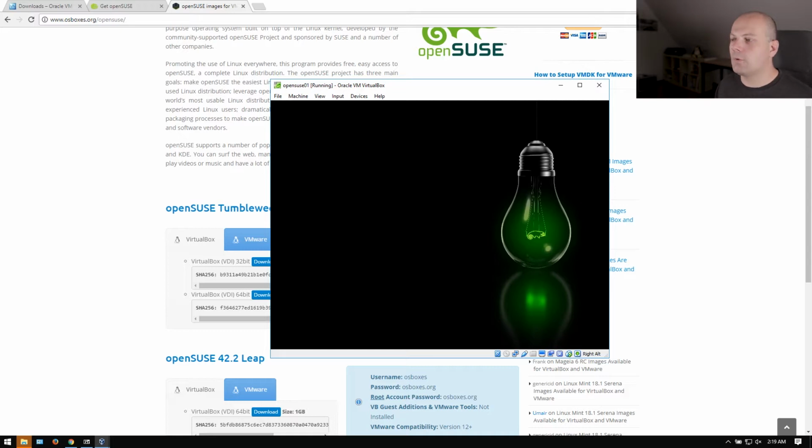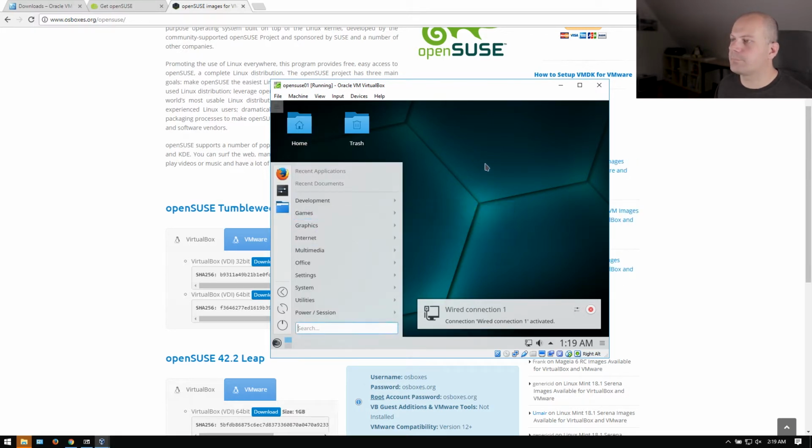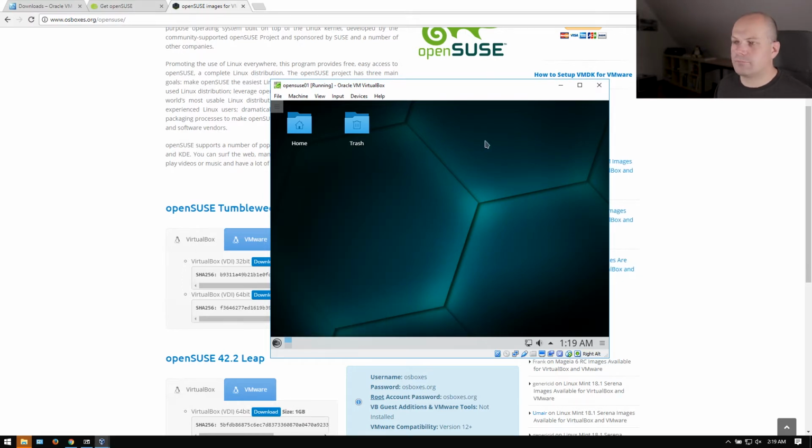Now, first login always takes a bit longer simply because there is a lot of init stuff going on. And here we go. Wired connection. So we do have an internet connection, I would assume, and we have a working operating system. Now, as you notice, this is just a small window, but